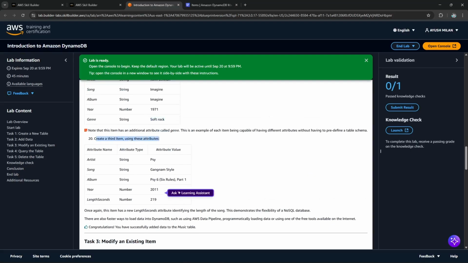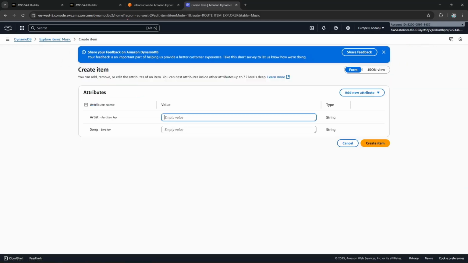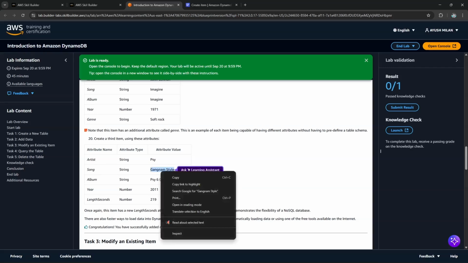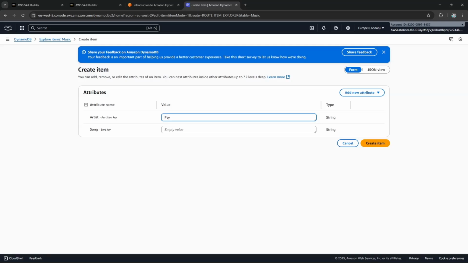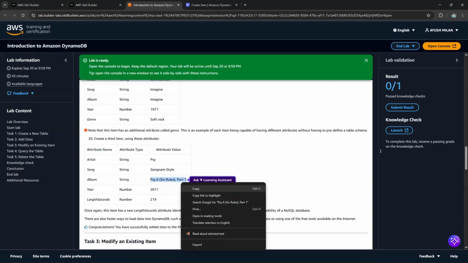And now let's create a third item as well, with some different records in it. So let me just create item again, just pasting it. The sort key, the song name, is Gangnam Style of PSY. Then adding a new attribute of string for the album. This is the album name,